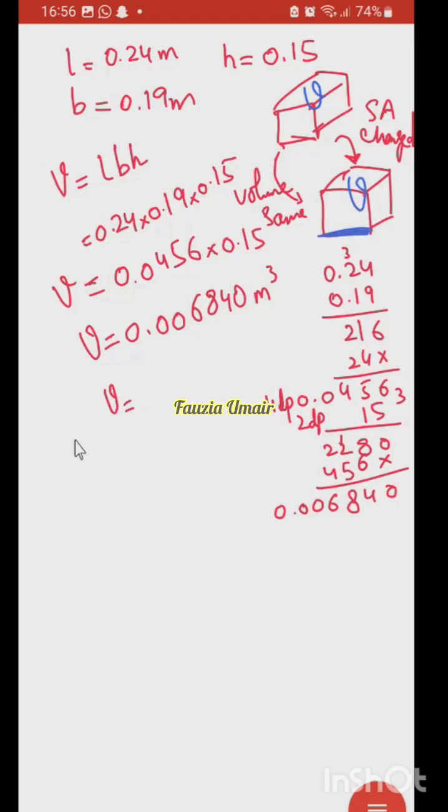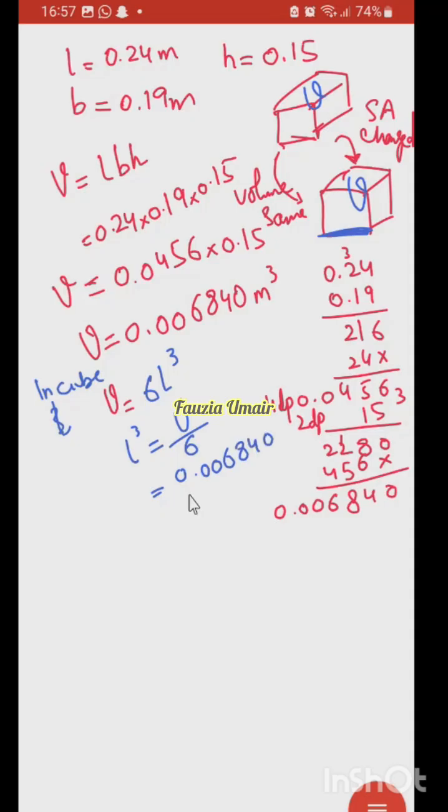So the volume, what will its length be? Because what is the formula for a cube? In a cube, the volume is equal to 6L cube. Are you getting this or not, beta? Yes, ma'am, I am hearing you. Okay. Volume is 6L cube. So this means L cube is volume divided by 6. So if you divide it with 6,